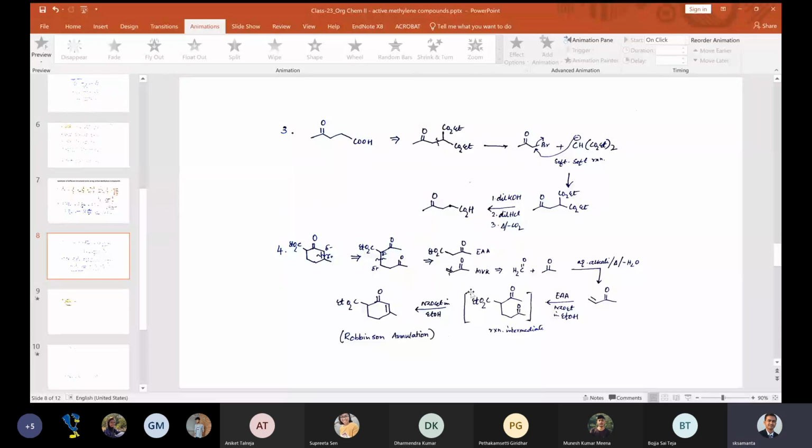So now you know very well, ethyl acetoacetate, you use sodium ethoxide in ethanol. It forms a negative charge here. Methyl vinyl ketone is your Michael acceptor. So this negative charge will attack here, so that you get this compound. Now this is already in basic medium. So in basic medium, a ring closure will also happen.